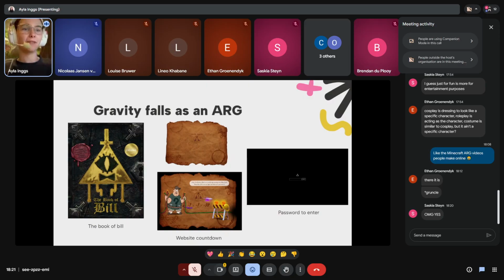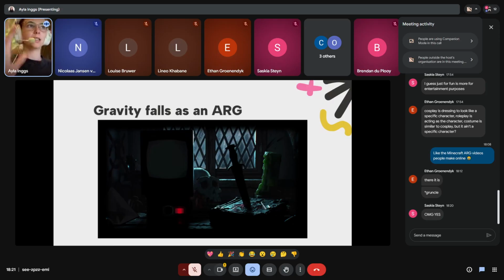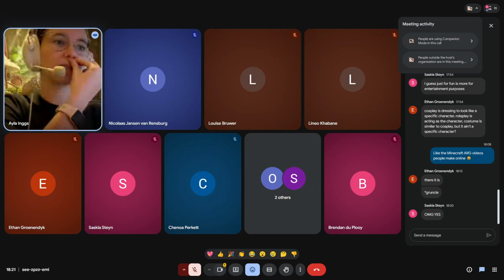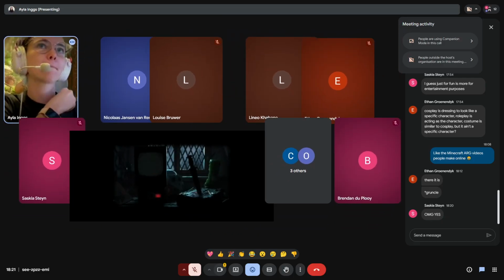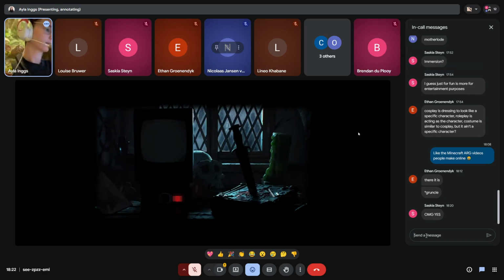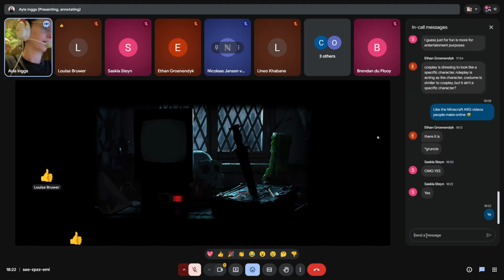But essentially, once they fixed it, the website came out, and the website itself, I wouldn't say it's an ARG or a game in itself, but it's more about extra content. So this is what the website looks like, and I actually want to show you quickly if we can go through the website together, because I think it's a really cool experience. So, can everyone see the screen? Okay, I'm seeing thumbs up.